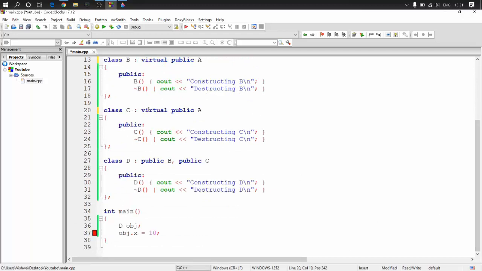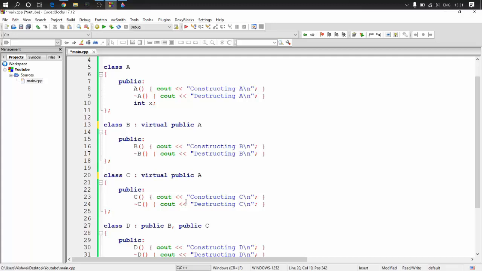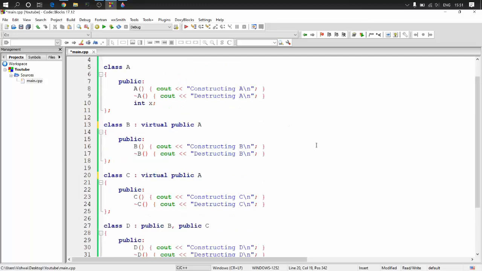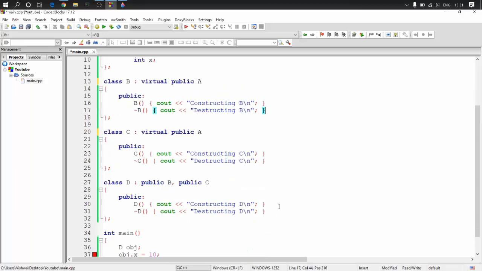So if you have 10 classes like this, if you just stop at those classes, if I just access B and C, there's no problem. The problem arises only when I want to go up a level, right? So I want to directly access the X of A. If I had some X of B over here, and if I try to access that, I won't be having a problem because B is a direct parent, or C is also a direct parent of D.